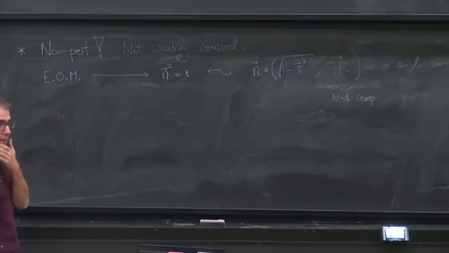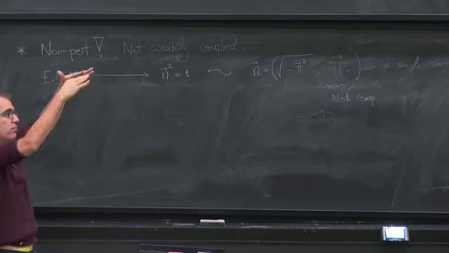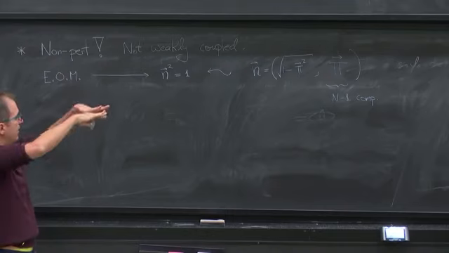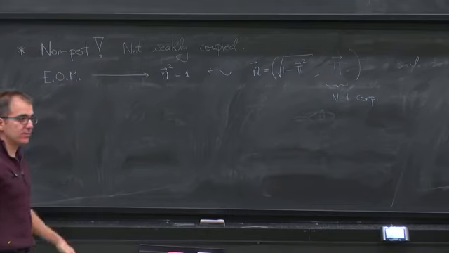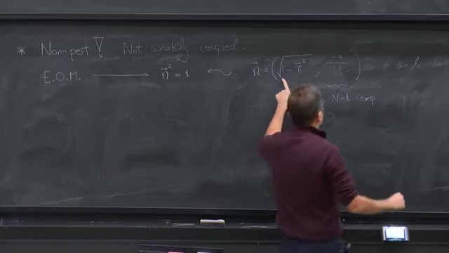You agree that now n squared is automatically equal to 1, and we are just expanding around the north pole, say, of this sphere, and we have some tangent vector pi, and then the other component has to be fixed to be this. And so you see that now, if you plug this